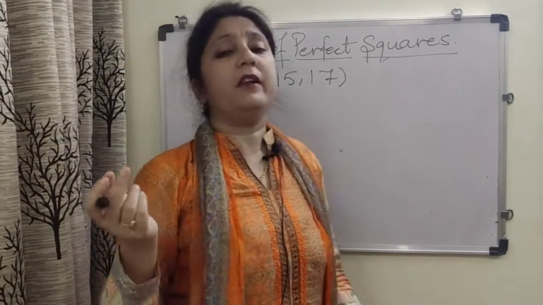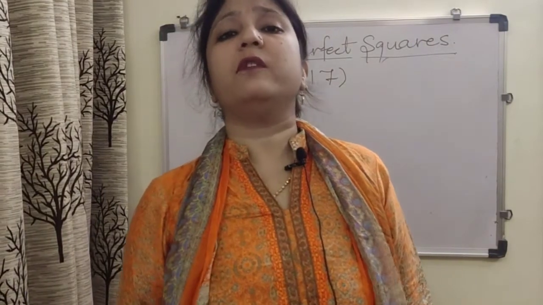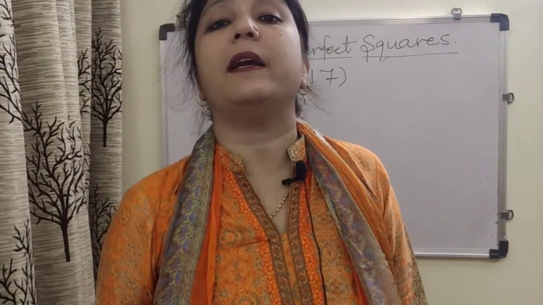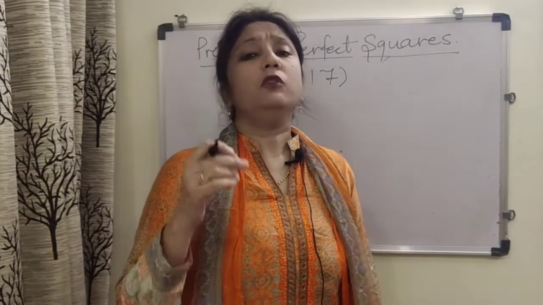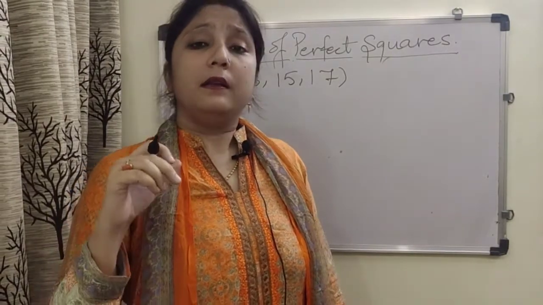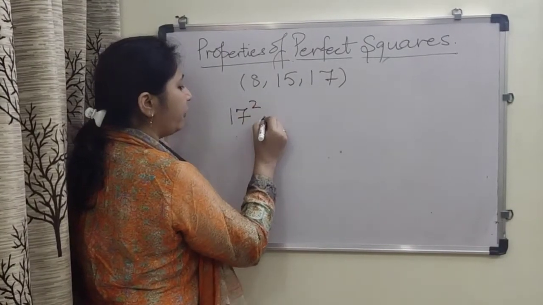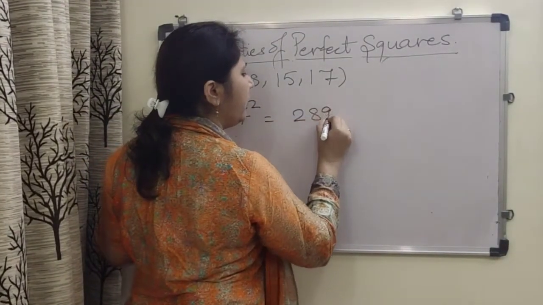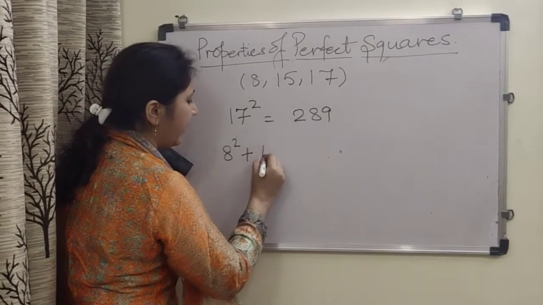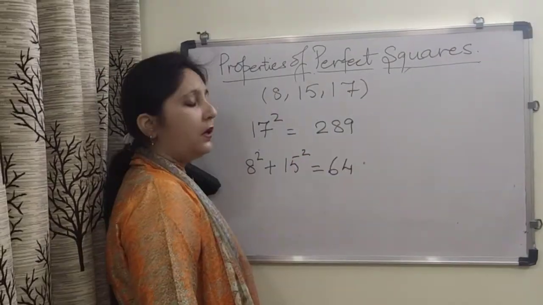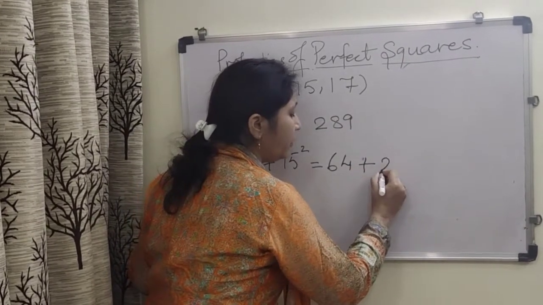Whereas in geometry we have studied square of hypotenuse is equals to the sum of squares of other two sides in a right triangle. But as we are doing here in algebra, so we take square of the largest number. So among these three, the largest one is 17. Square of 17 is 289. We keep it aside. Now we find the sum of squares of 8 and 15. Square of 8 is 64 and square of 15 is 225.